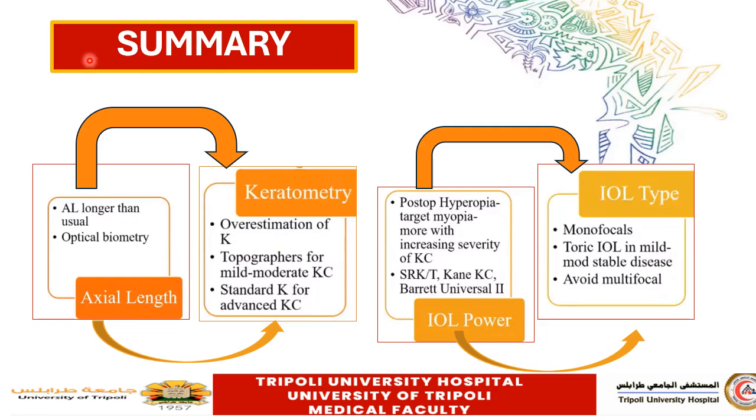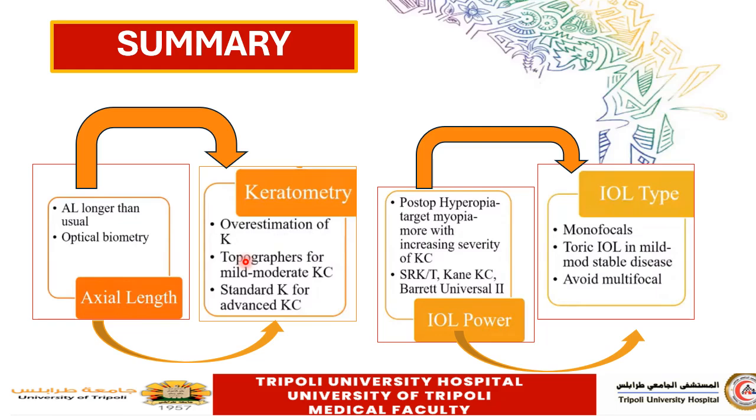So to sum up what we have said before, the issue of axial length measurement in keratoconus is very important, and it is advised to use optical biometry for proper and accurate measurement of the axial length, because it can determine the visual axis properly, and avoid using ultrasonic axial length measurement. Now, the issue of keratometry, as I said earlier: if your patient has mild to moderate keratoconus, better to use the K reading of the patient and avoid overestimation of the K readings. And if your patient has very severe keratoconus, better to use the standard K reading, that is 43.5. And you can use the effective K reading from the Pentacam,